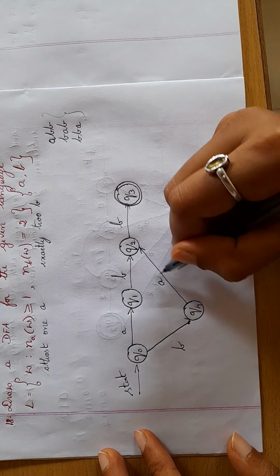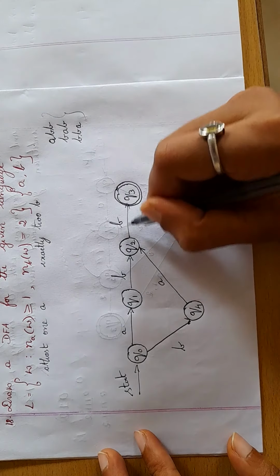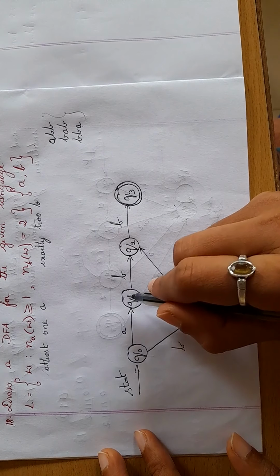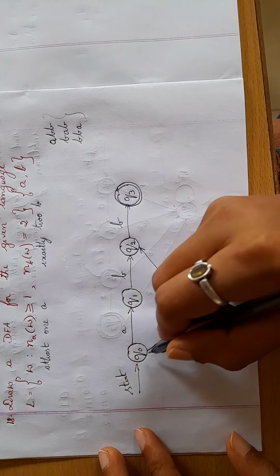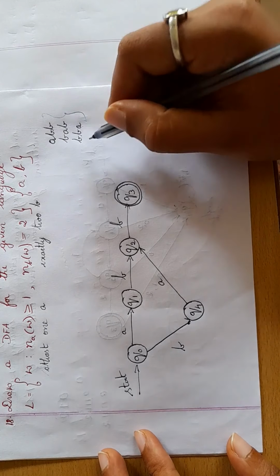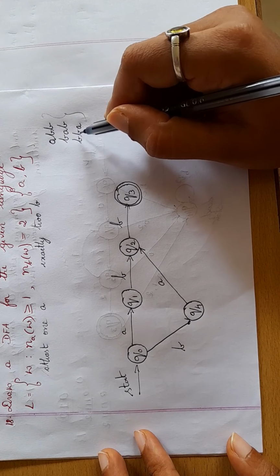Okay, I'll read A and then I have B. So it goes to accepting state now. So A, B, B is done. Next B, A, B is done. So I am done with this. Next I have one more thing, that is B, B, A.